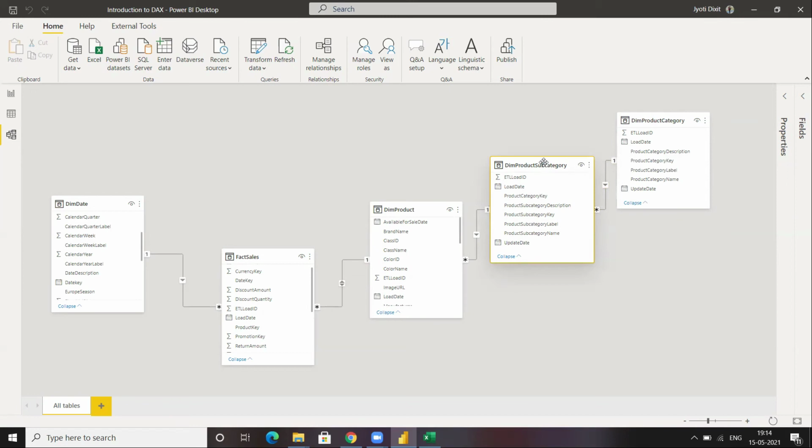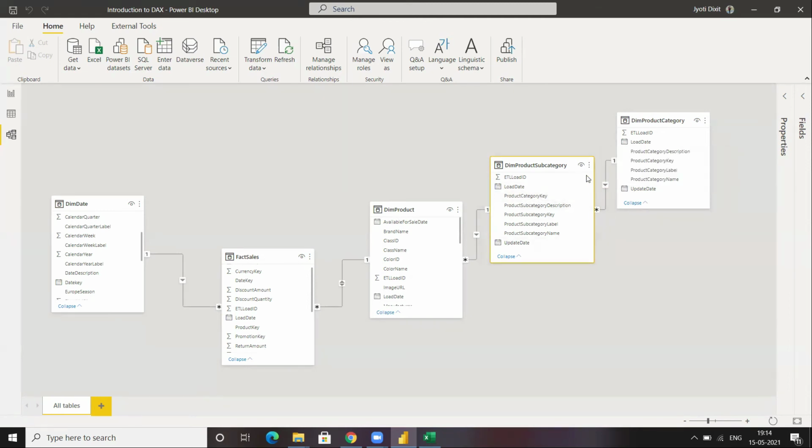So obviously, though the product subcategories are unique for this particular table, there are many product subcategories which correspond to just a single product category, right? That is why this may be containing many product subcategories, and therefore they must have one product category key only.